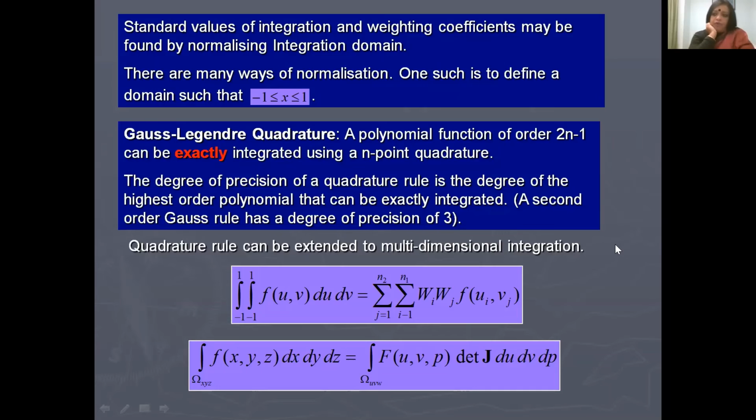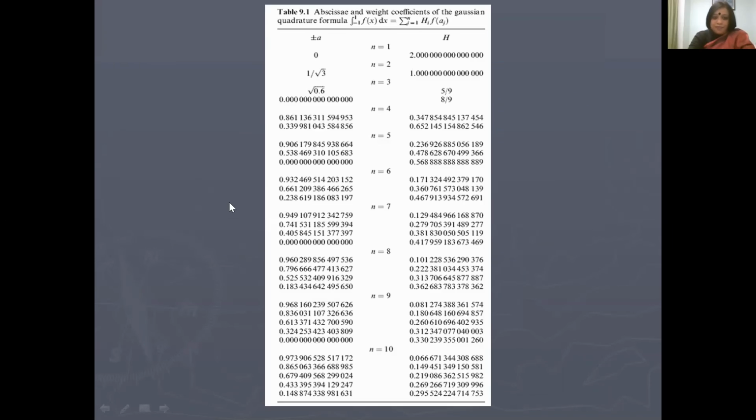Now we have also dealt with two-dimensional problems, and therefore we will have to perform integrations in two-dimensional regions. So you may have a region like this. You may have an integration like this: f(u,v), f is a function of u and v, integrated from minus 1 to plus 1, du dv. This needs to be integrated. This can be written as a double summation: one is the summation over i, and the other is the summation over j, of w_i w_j f(u_i, v_j). So what this essentially means is that if you take this case,